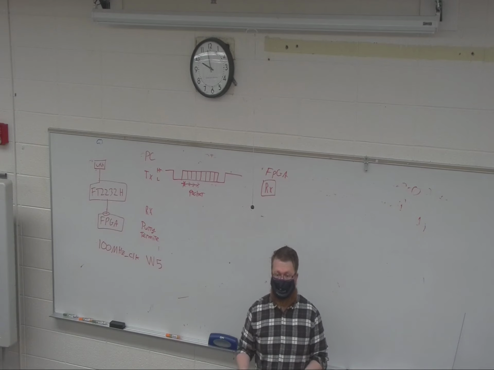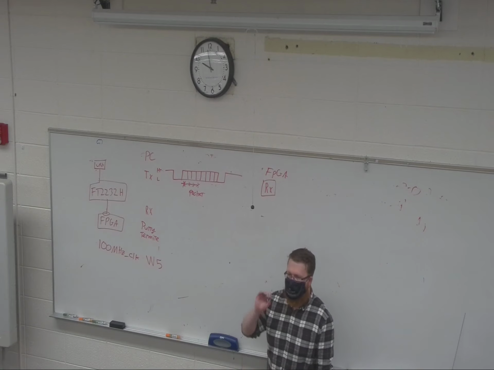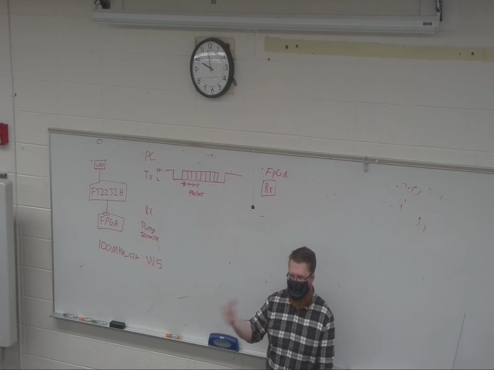Then you're going to write what we call a test bench, which is designed to test your code. So you will test just the receiver, right? You're going to treat it like I'm sending it data bits,